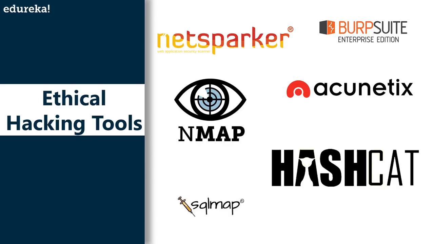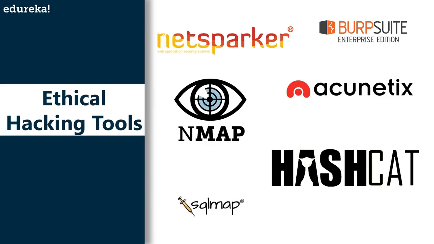And okay, so the last tool that we're going to be talking about that ethical hackers use almost on a daily basis is called SQL Map. Now, SQL Map automates the process of detecting and exploiting SQL injection weaknesses. It is open source and cross-platform, and it supports the following databases. So it supports MySQL, Oracle, PostgreSQL, MS SQL servers, MS Access, IBM DB2, SQLite, Firebird, Sybase, and a lot of